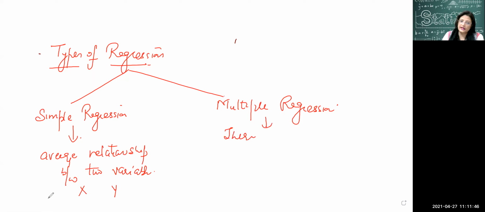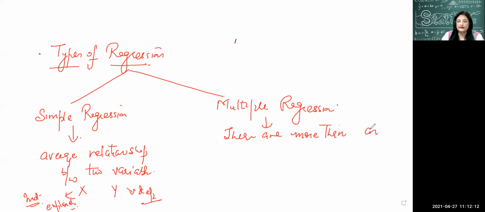अब यहाँ पे सिर्फ एक ही x अगर आपका इंडिपेंडेंट है, राइट, x इज इंडिपेंडेंट यानी x क्या है, एक्सप्लानेटरी वेरिएबल है, राइट, एक ही वेरिएबल है जो एक्सप्लानेटरी है, y क्या है यहाँ पे, एक ही वेरिएबल है जो डिपेंडेंट है. लेकिन मल्टीपल रिग्रेशन में there are more than one explanatory variables, right? For example,